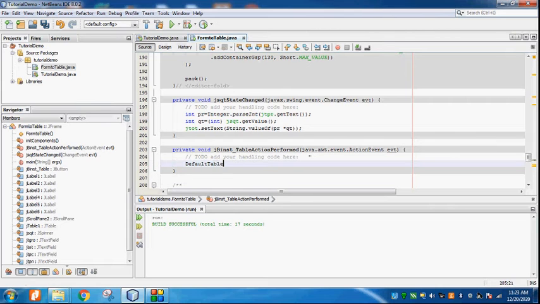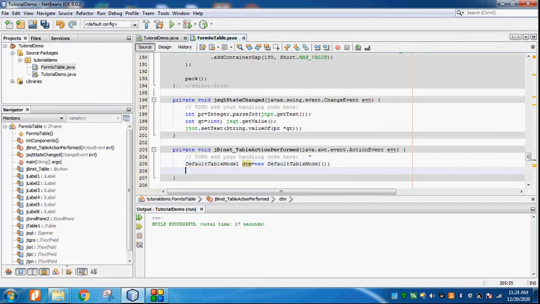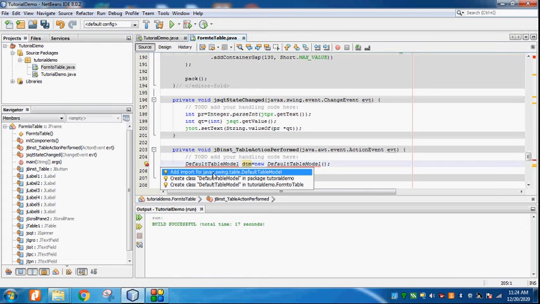DefaultTableModel, the name of that object is dtm is equal to new DefaultTableModel function semicolon, and it will show some error message on the left hand side. So you have to import javax.swing.table.DefaultTableModel.